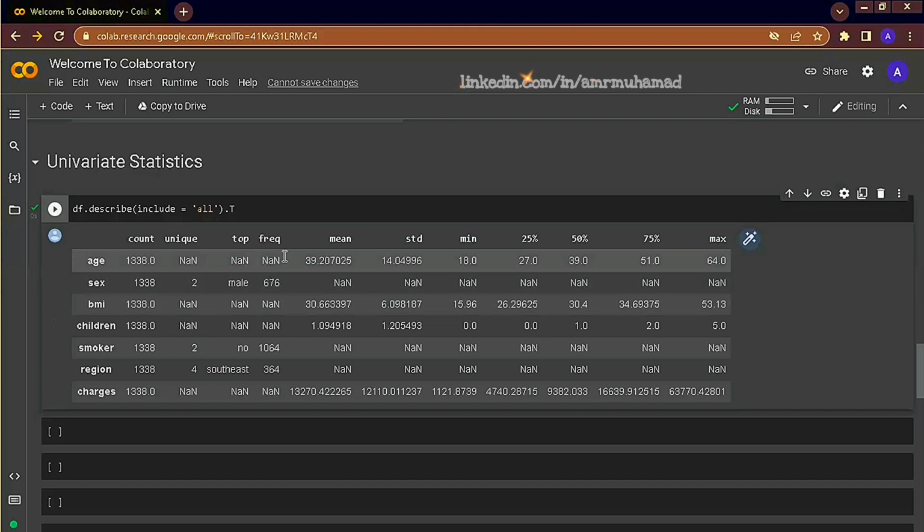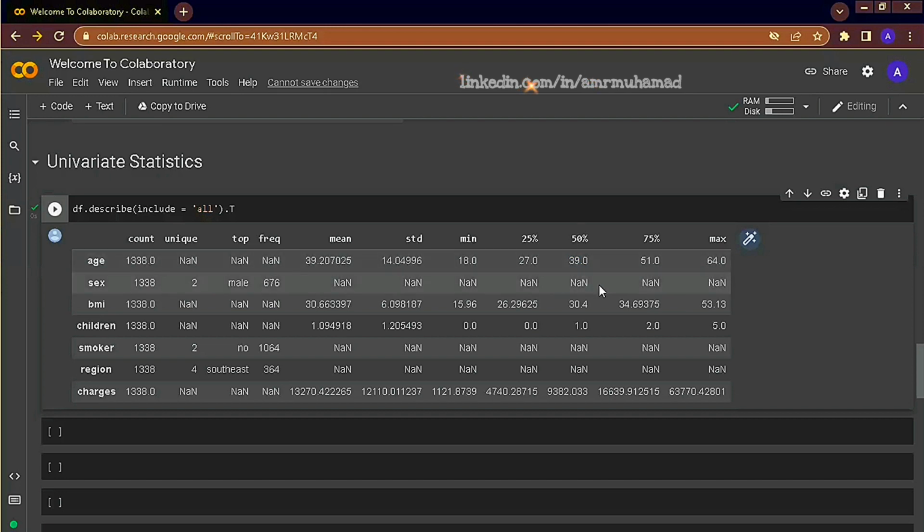For age, we can see that the numbers are somewhat uniformly distributed. We see that the average is 40, and the 75th percentile is 51. Let's discuss what the 25th, 50th, and 75th percentiles are. 25th means that 25% of the data lies below 27, the age of 27. 27 does not necessarily mean it's a value inside the variable. Rather, it's just a threshold below which 25% of the data lies. Similarly, 50% of the data lies below 39, the age of 39, and the 50th is the median. The median is the middle value of the data.